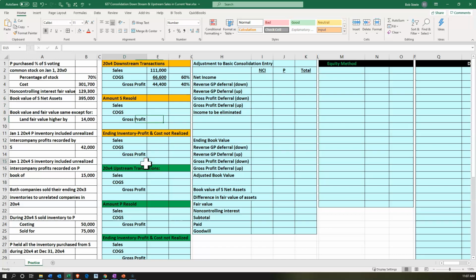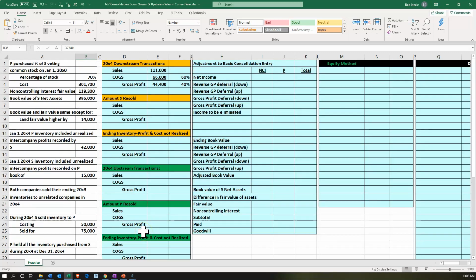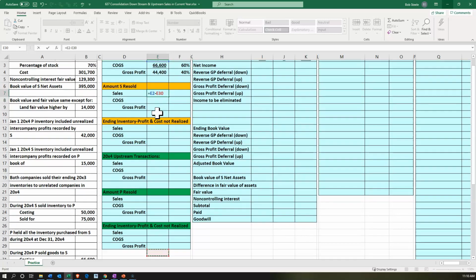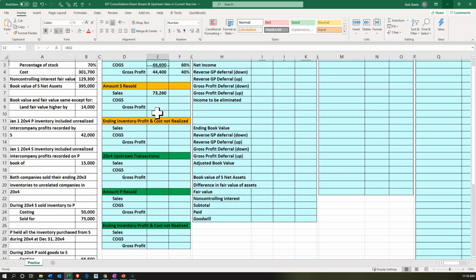It told us the amount left was 37,740. So if I go back up to the sales item, of the 111 up top, minus the amount that is still there, which is the 37,740, that means we must have resold